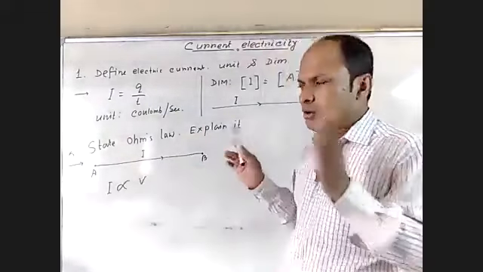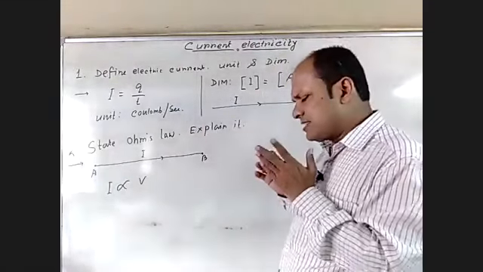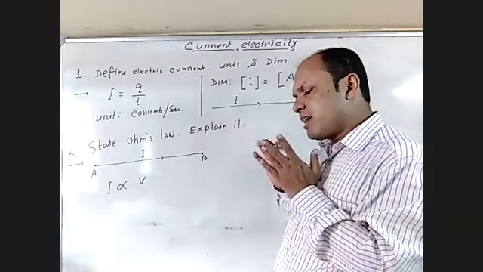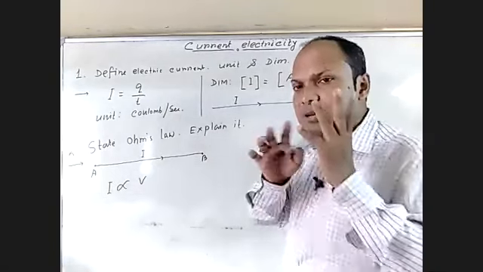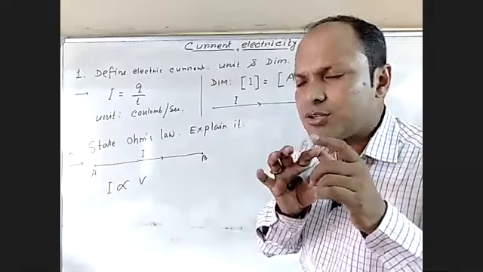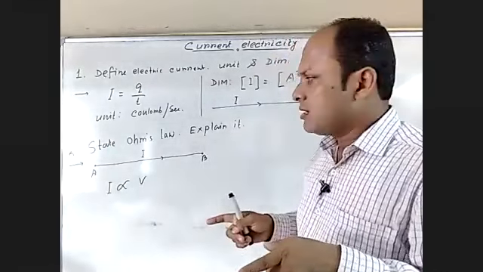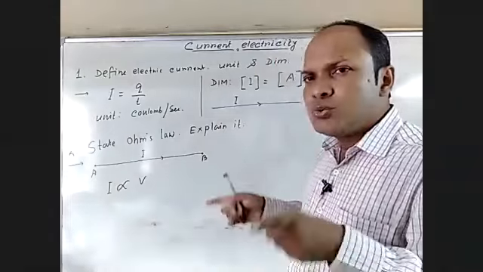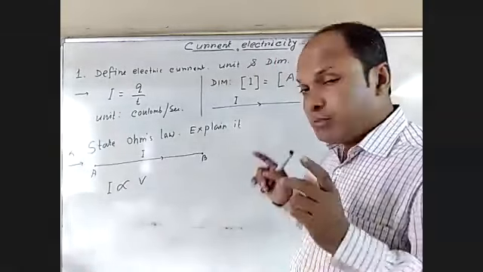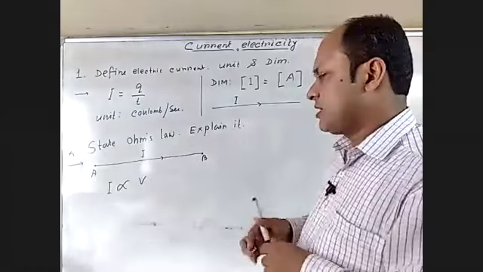According to him, the law states that if temperature and other physical quantities remain constant, then the flow of current through a conductor is